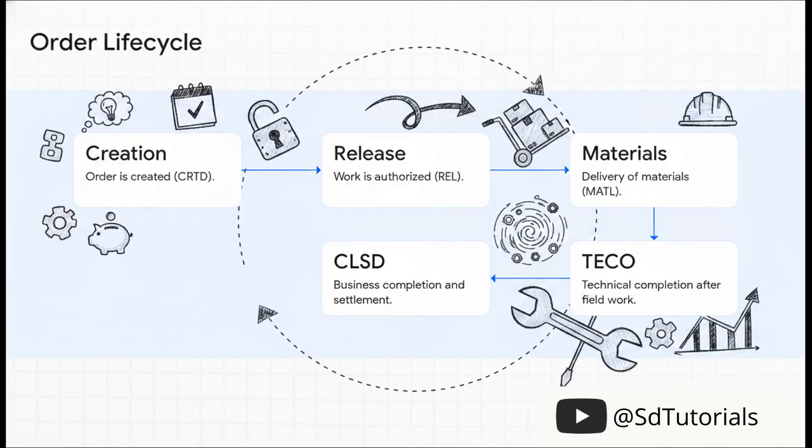That structured alert pings the planner, who quickly converts it into a maintenance work order. And this order has to travel through a really strict life cycle. It starts at creation, then the planner hits release, which officially authorizes the work to begin. Materials get delivered. Once the wrenches stop turning and the physical work is done, it reaches technical completion, and finally,